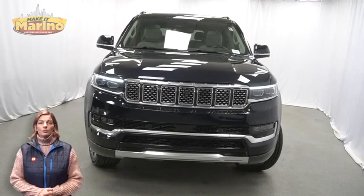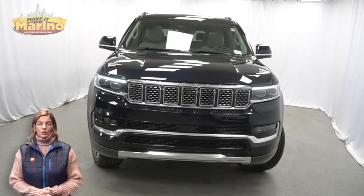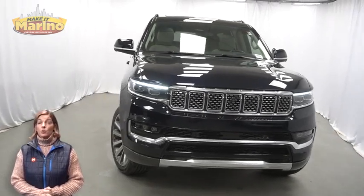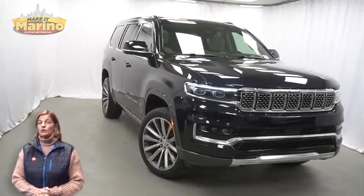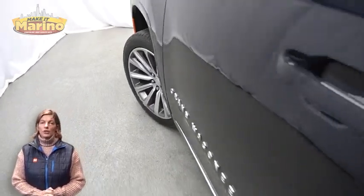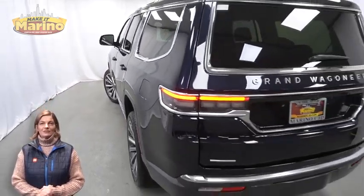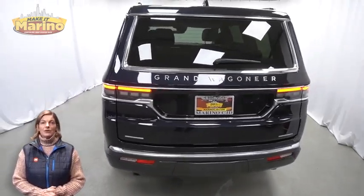Looking for a highly equipped SUV with all the right options and reliability? We'll take a look at this 2022 Jeep Wagoneer Series 1 in Midnight Sky. With bi-xenon HID headlamps, premium fog lamps, 22-inch aluminum wheels, blind spot and crosspath detection, LED tail lamps, heated and